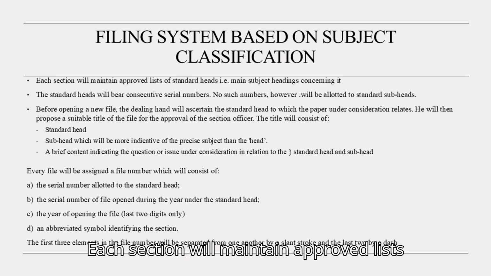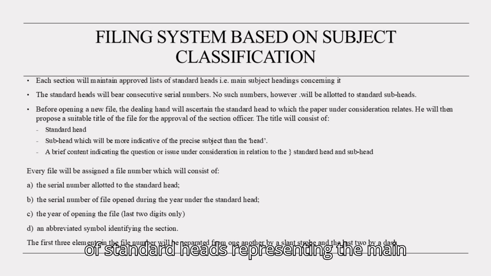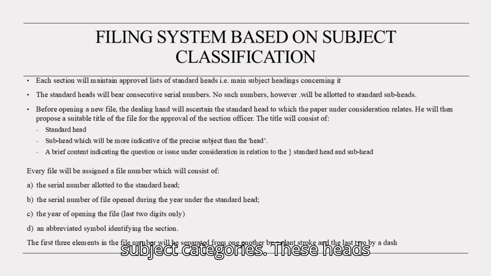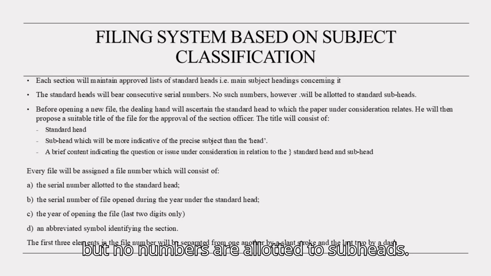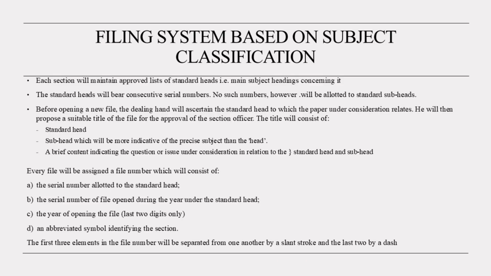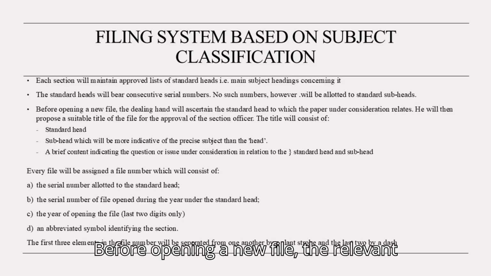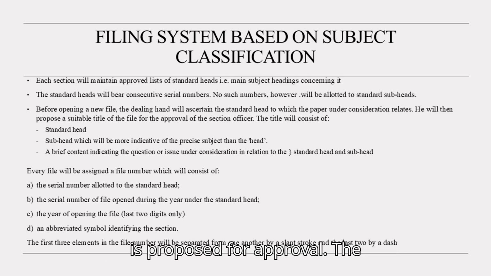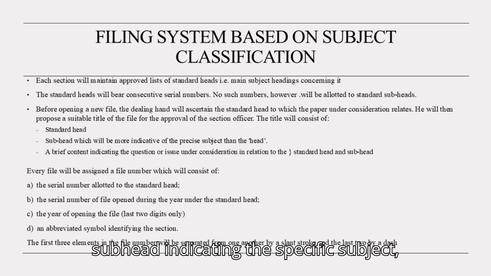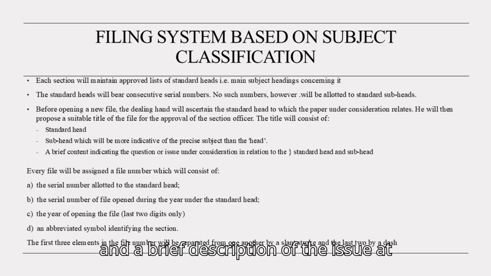Each section will maintain approved lists of standard heads, representing the main subject categories. These heads are assigned consecutive serial numbers, but no numbers are allotted to subheads. Before opening a new file, the relevant standard head is identified, and a title is proposed for approval. The title includes the standard head, a subhead indicating the specific subject, and a brief description of the issue at